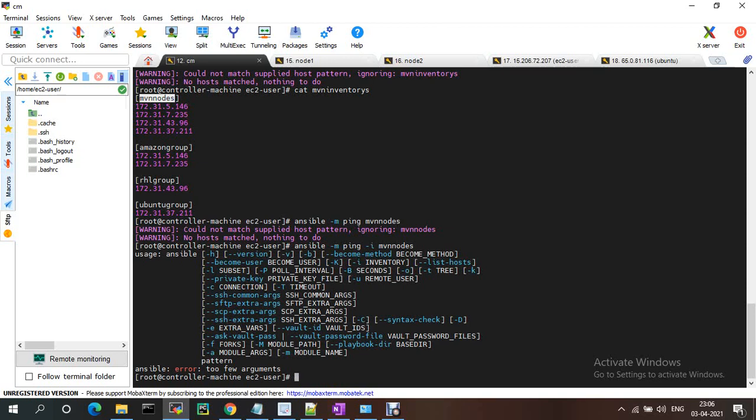So this is the command. We just need to give the exact inventory name.